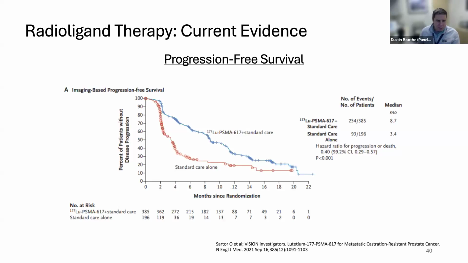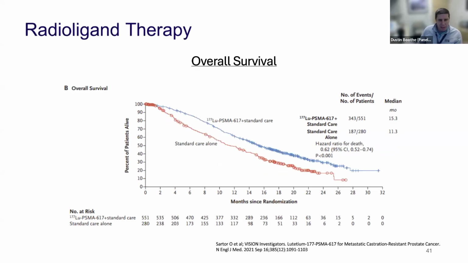Something to, let's go to the next slide, please, and look at the OS. And this trial, importantly, showed an OS benefit. And it was only 4 months, and that may not be something to really write home about. But